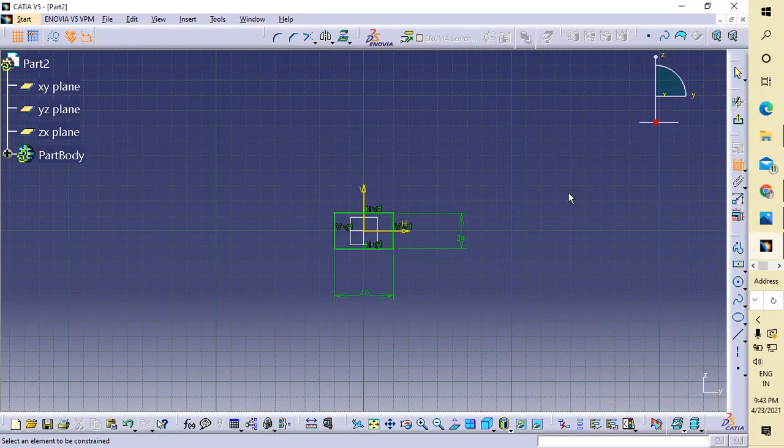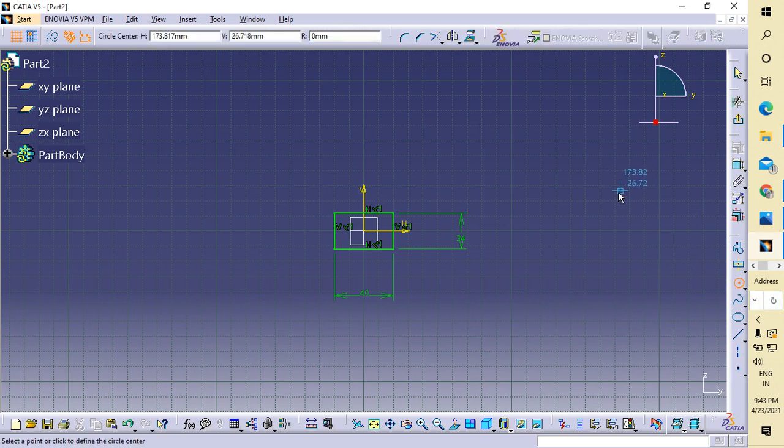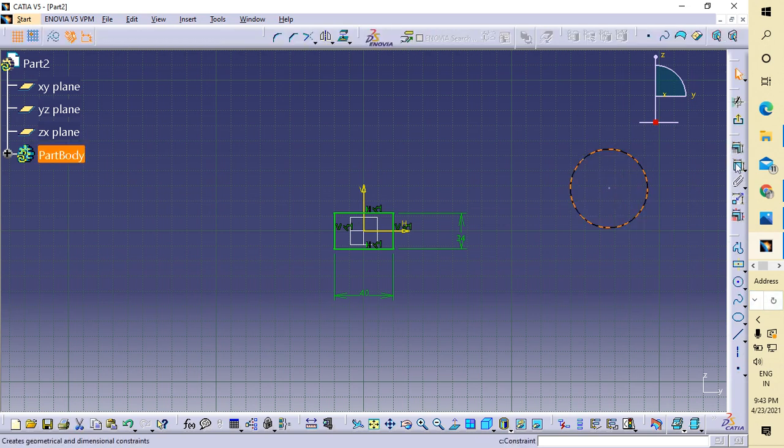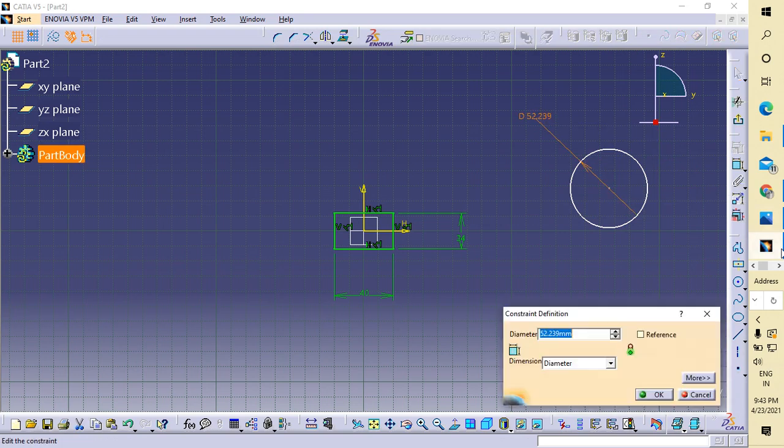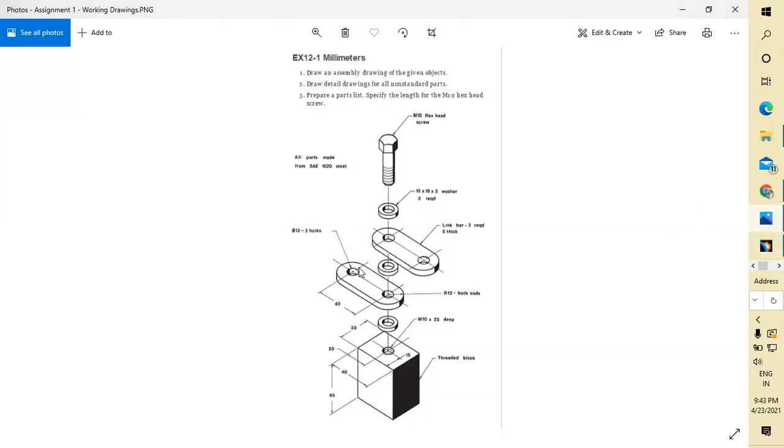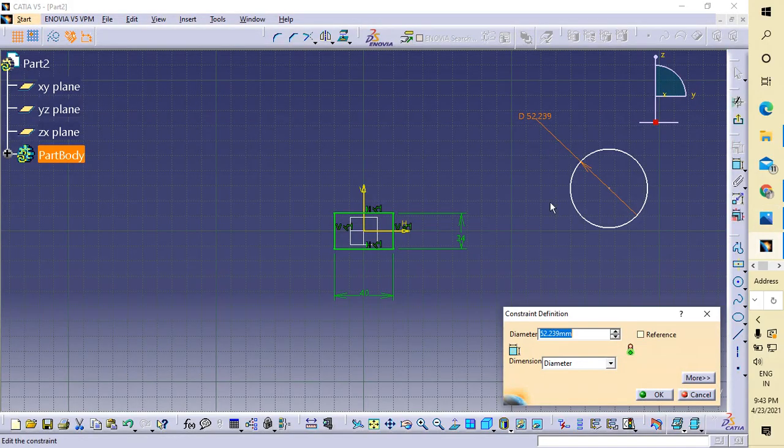Okay, now just draw a circle and give the dimension of 12.